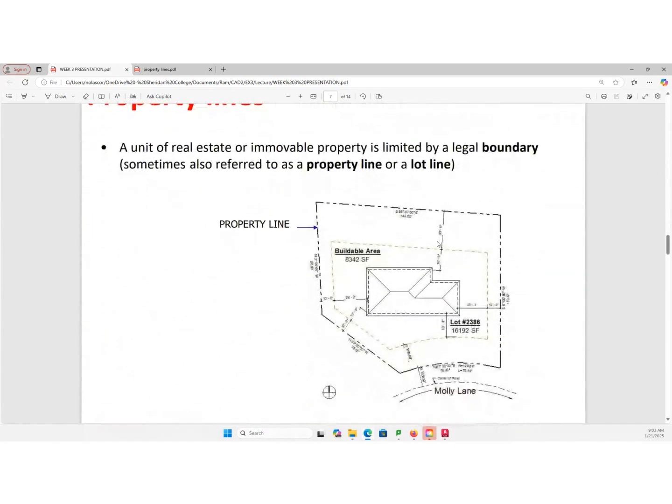Now, a unit of real estate or immovable property is limited by legal boundaries. That's your property line. And you have setbacks. Setback is a requirement by the building code so that you're not close to the next property. If you are, normally we will have what we call a firewall because you don't want fire to spread.